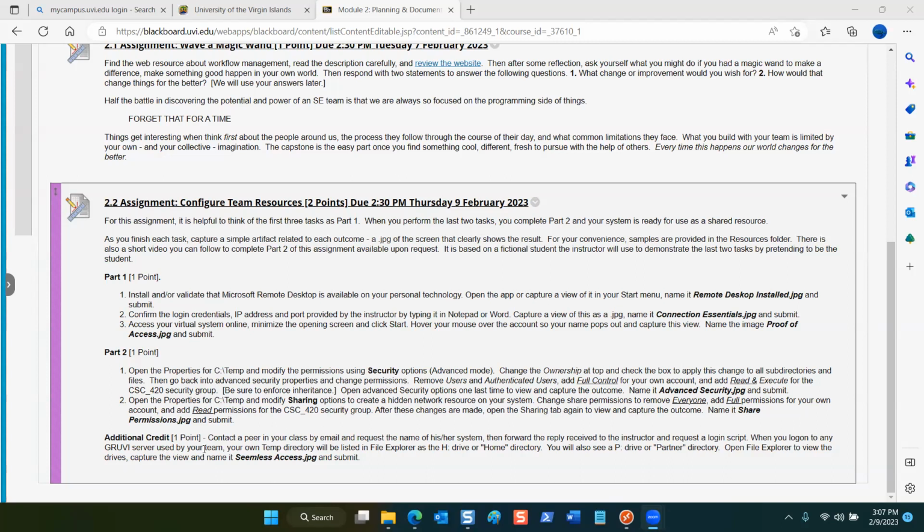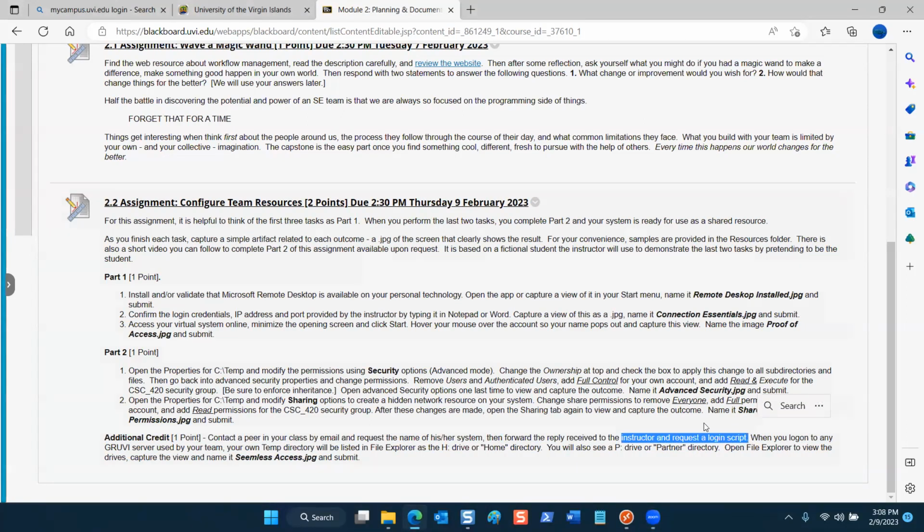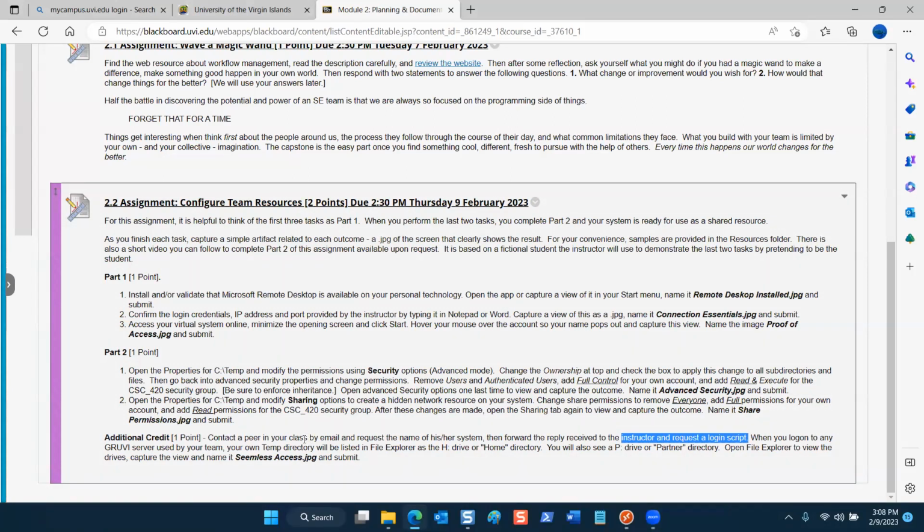Now, for additional credit, each of these students has taken up the option for additional credit. They contacted each other and they requested that I set up a login script. And then they copied me on those email messages so I know what's going on. And what I want to do is to set up a login script for each of these students and then enable them and configure them so that their specific login will execute that login script and then seamlessly provide a